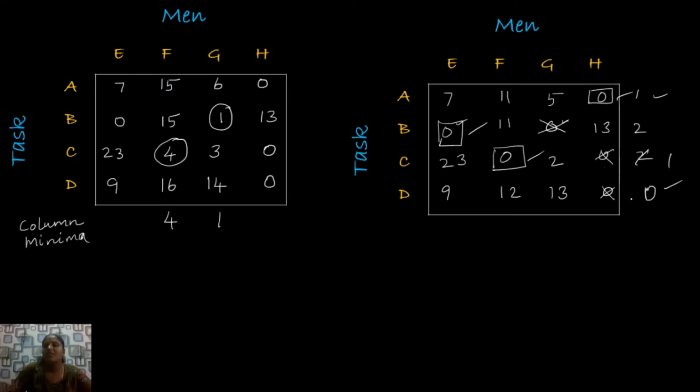So for that, we have to move to the next step. The next step is to draw a minimum number of lines which covers all the zeros. For that, what I am going to do now is mark the row which doesn't have any assignment. Mark the row which doesn't have any assignment. This is your first step. And the next step is to mark the column which has 0 in the marked row.